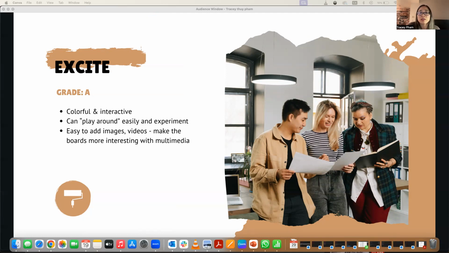There are a lot of options to create different stickers or add images or videos to make the boards very interactive and interesting with multimedia. But at the same time, if you don't like what you've just added, you can just delete the content. That makes it a really fail-safe